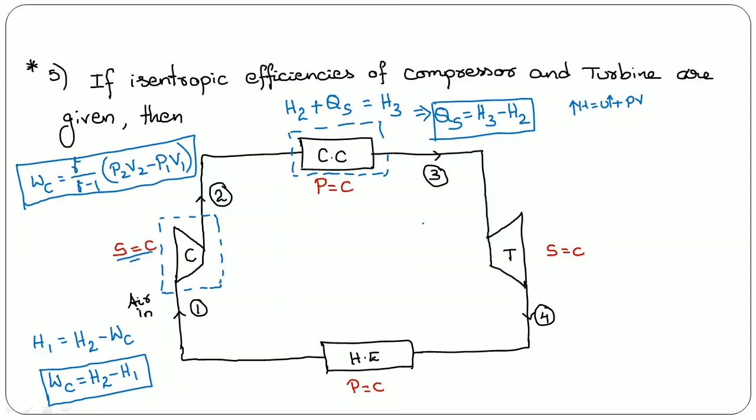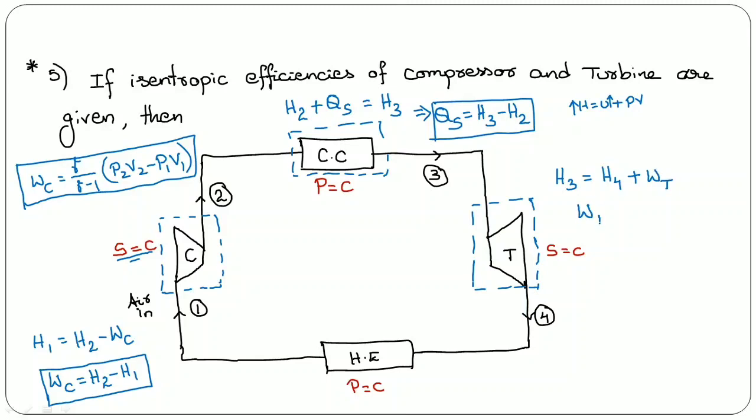Now this air, after getting heated up at a higher enthalpy H3, enters into the turbine. In this turbine, isentropic expansion takes place. As a result of this isentropic expansion, the enthalpy decreases due to drop in pressure as well as temperature, and as this is an isentropic process, heat losses to the surroundings will be 0, and there will be a certain amount of work output from the turbine.